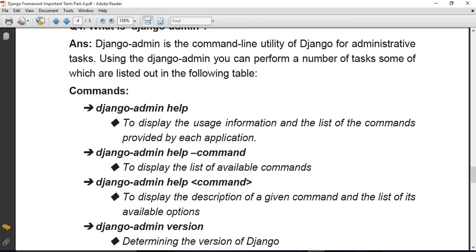If you use these commands once you have installed Django, then you can understand better. Whichever operation you want help with, you can put it after django-admin help, and it will display the list of available commands.